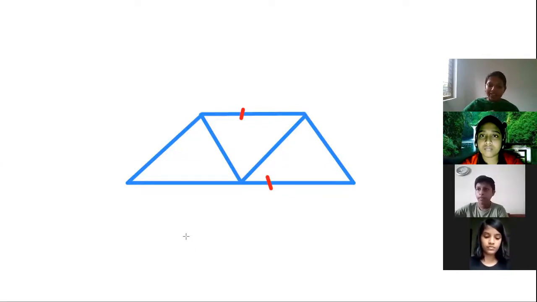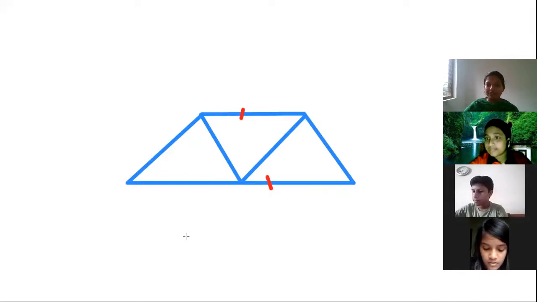Then take 4 squares from your and your friend's instrument boxes. Do you have instrument boxes? No. What about Ijaz and Anne Maria? You have instrument boxes? If no, you have to buy one because our next chapter is practical geometry. We have to draw so many geometrical figures in our next chapter and we need geometrical instruments. That's why you have to buy a geometrical box, or instrument box.